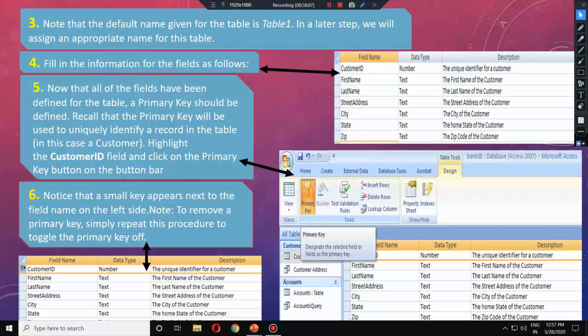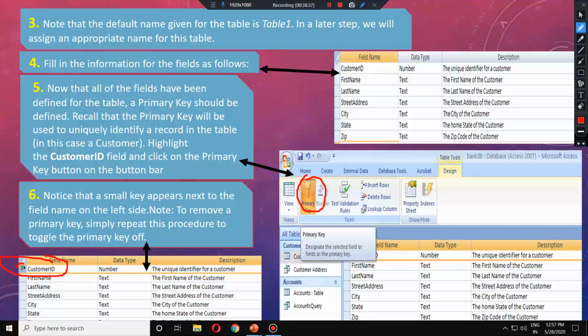So for making it a primary key, we have to click it. Here I have clicked it, and on the design tab itself I will find one option named primary key. Can you see here? This key looking button is named primary key. We click it. As soon as we click it, since we have already selected that customer ID field, you can see before that customer ID field a small key appears. That means now it has been made the primary key of the table.